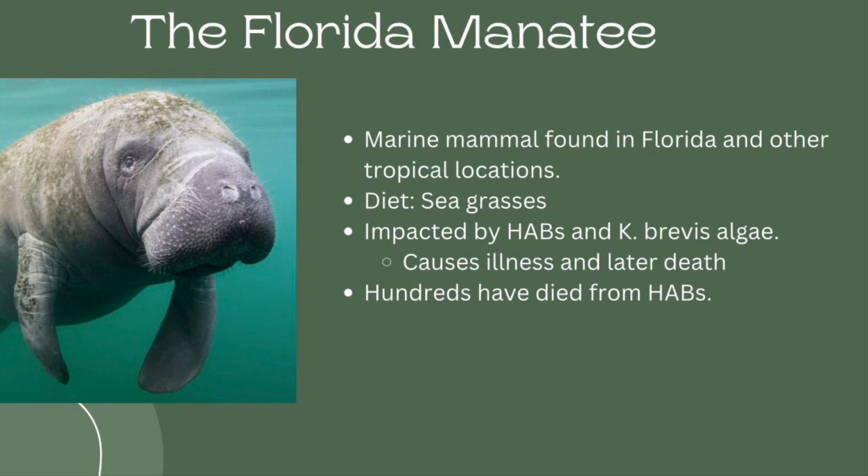This causes them to get very sick and have seizures, which can cause them to drown. Manatees do not get sick immediately from these toxins, but rather get sicker and sicker over time. Some signs of an infected manatee are facial twitching, tiredness, sideways swimming, and not being able to surface for air. Hundreds of manatees have died from HABs since deaths were recorded in 1982 by the Save the Manatee Club in Florida.